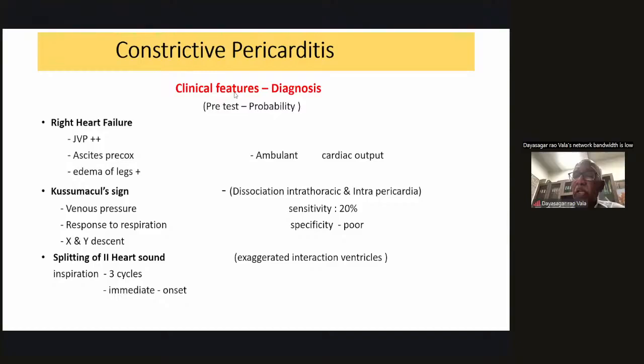Remember, splitting of the second heart sound is partly due to, or 70% is due to, prolongation of the RV ejection time, secondary to increased blood, and partly